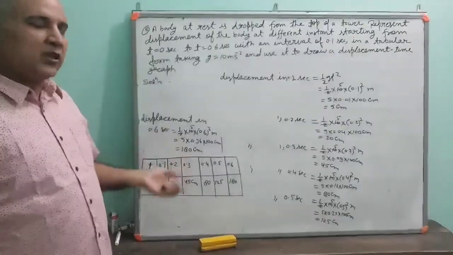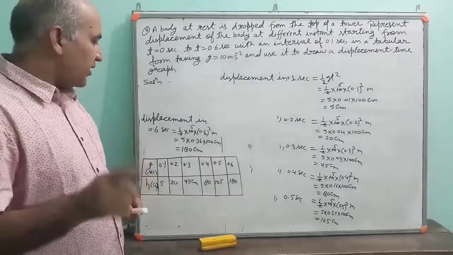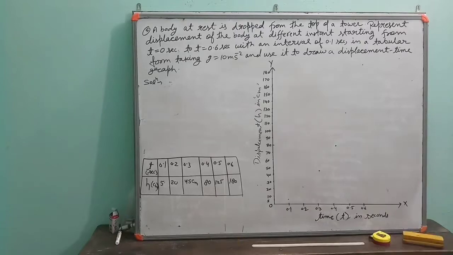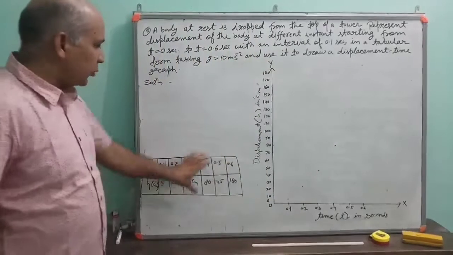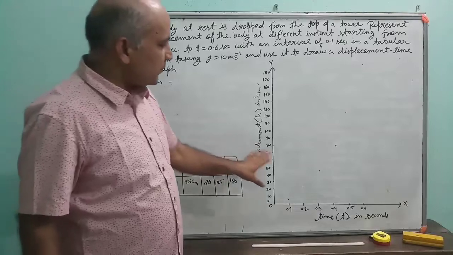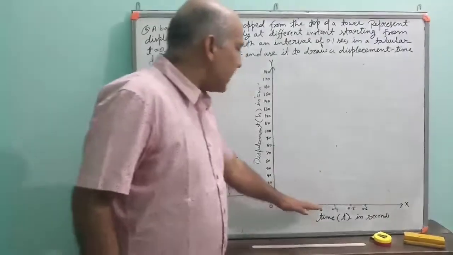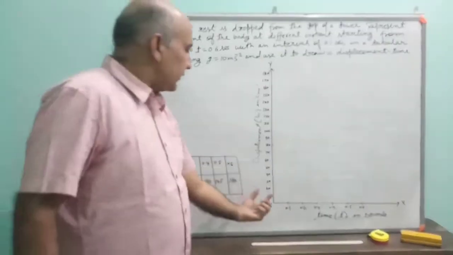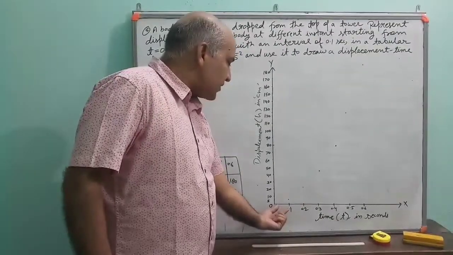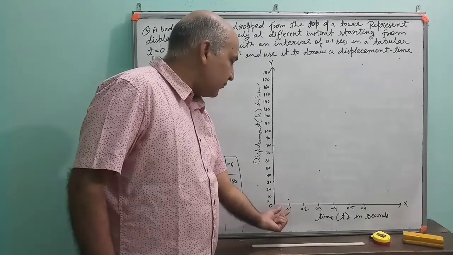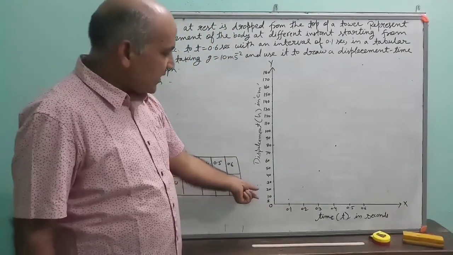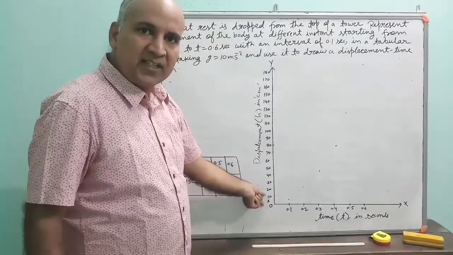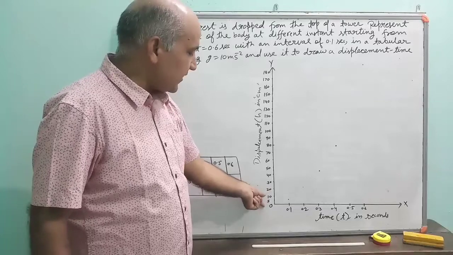Now we have to draw the graph. So first pause the video, note down these things, then after that we will draw the graph. Okay, now see, the tabular form we have denoted here. Now we are going to draw the displacement-time graph. We know that time is denoted on the x-axis and displacement is denoted on the y-axis. For time, the scale we have taken is 1 centimeter equal to 0.1 second. For the y-axis, 1 centimeter is equal to 10 centimeter of displacement, so one box is equal to 10 centimeter.